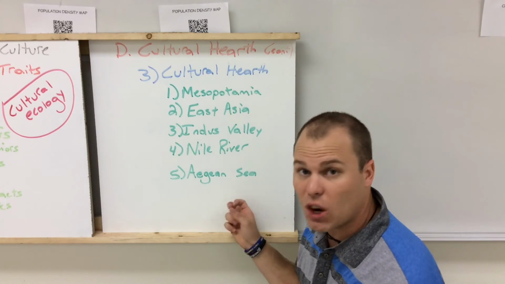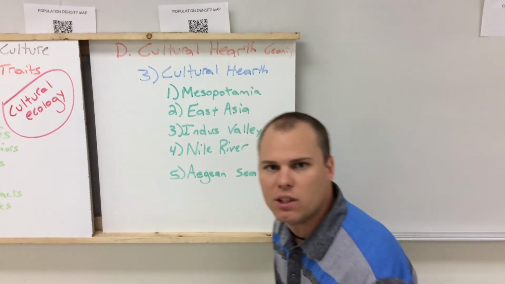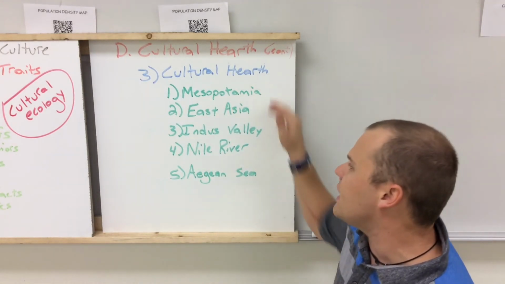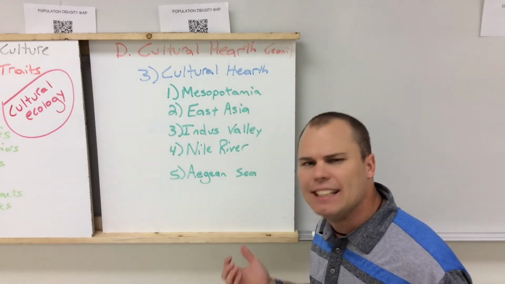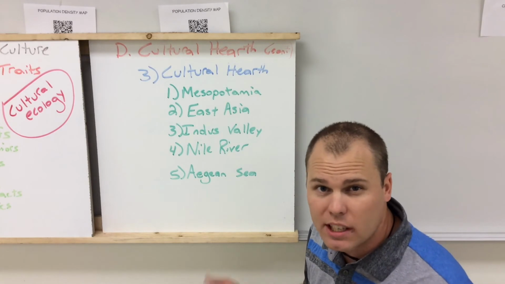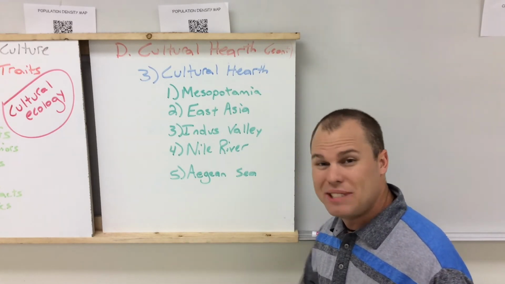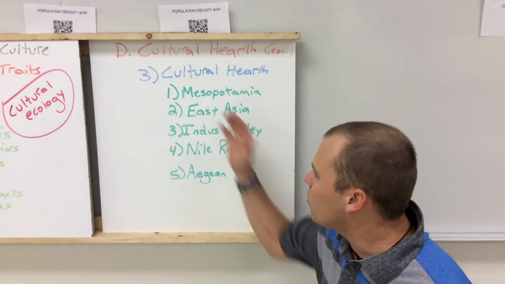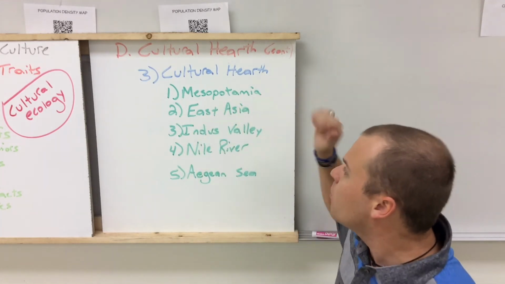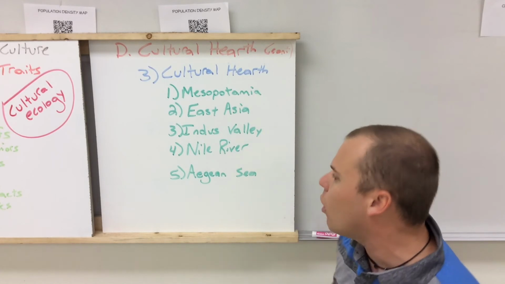This is when culture first developed, was in these ancient river valley civilizations. I don't have them ranked in any particular order because we don't really know which one was first, because they didn't keep good records, really. Some of them kept records, but there's no dating system at this time period. We're talking about 15, 20,000 years ago. So there's no dating system, we're not sure, but we do know that this is where individual culture groups started